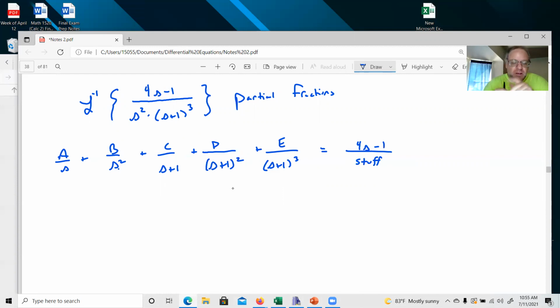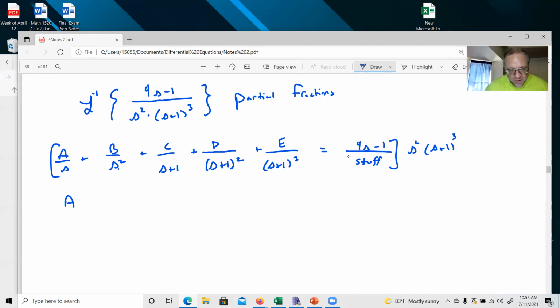Okay, so let's untangle this, right? We're just going to multiply by the least common denominator. That's going to be s squared times (s plus 1) cubed. That's going to knock this out, and it is actually going to knock out everything here. It's just that everything is going to have its own set of combinations of what's going on here. All right, so this is going to be